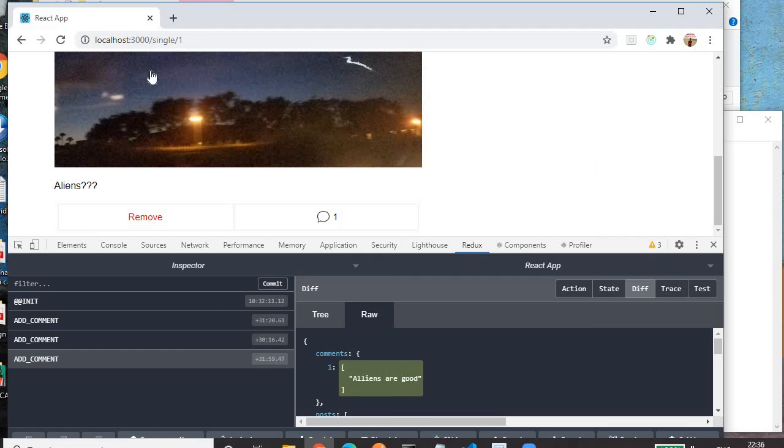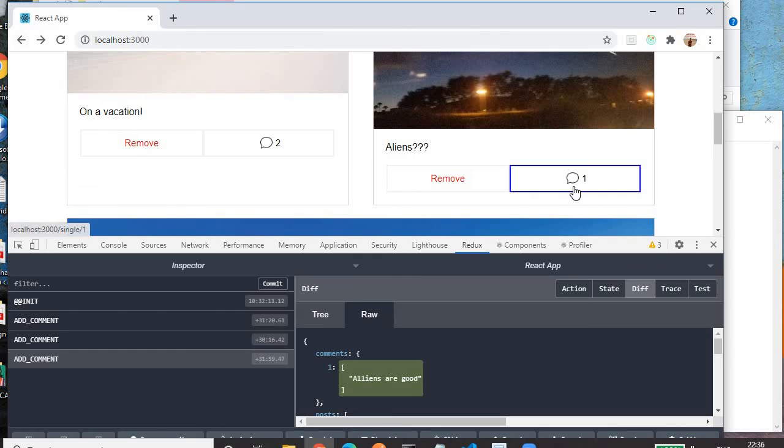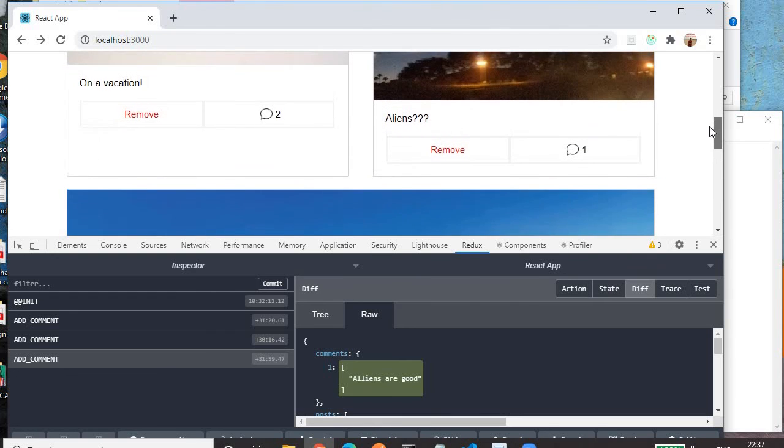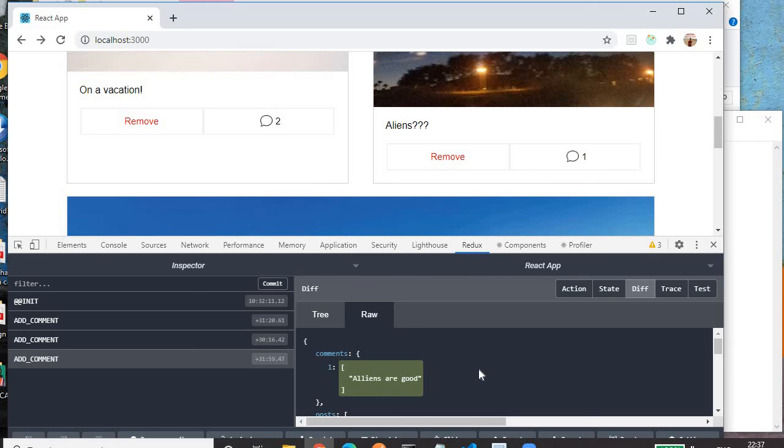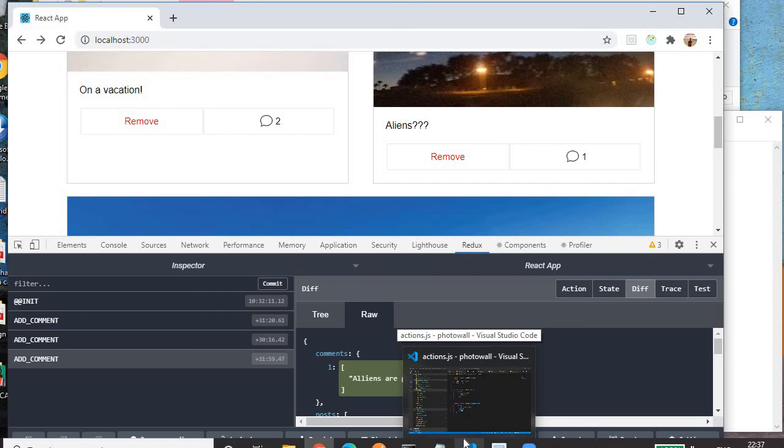Okay, so let's go to the second tab. Right guys, so after this everything is clear. In this way we can dispatch an action, we can debug using the debugger tool, using the Redux. It's a nice way of managing the state. State is more predictable, more visualized, more maintainable. And the traditional way of manipulating the state using the setState method is not at all that much predictable or that much recommendable. So if you have a complex application, go for the Redux. Okay, it has a lot of advantages.